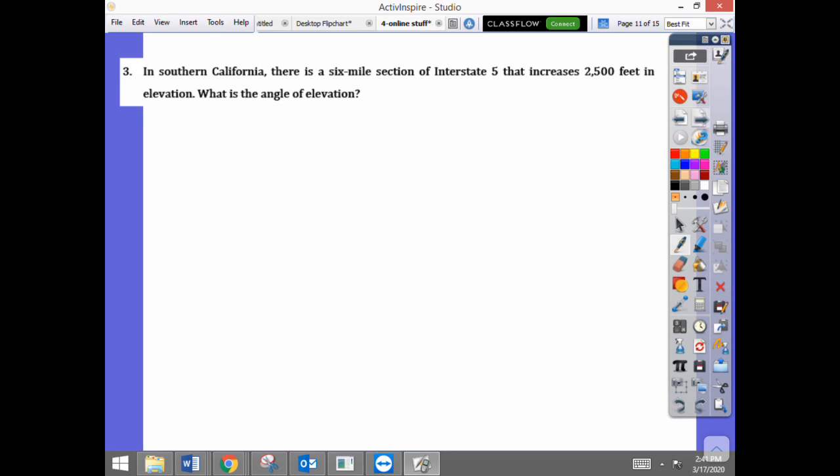In Southern California, there's a 6-mile section of Interstate 5 that increases 2,500 feet